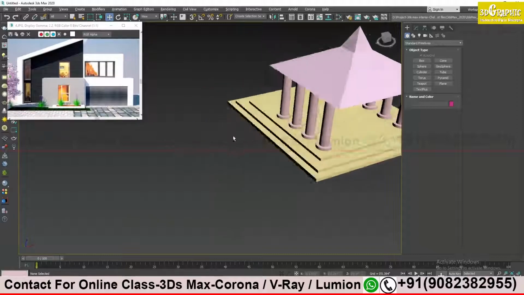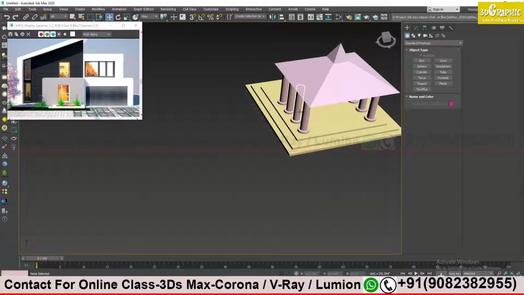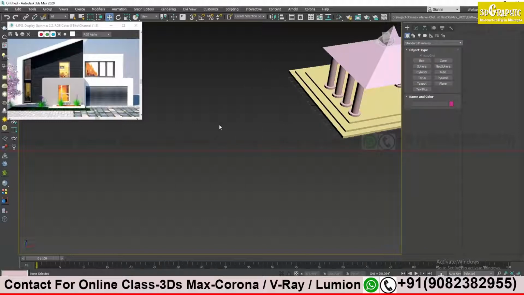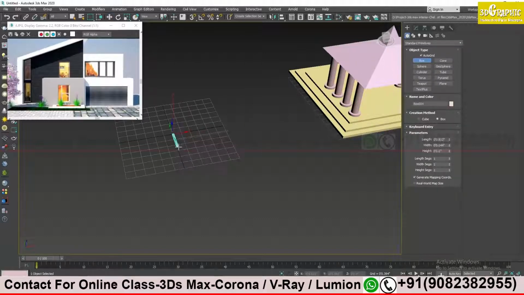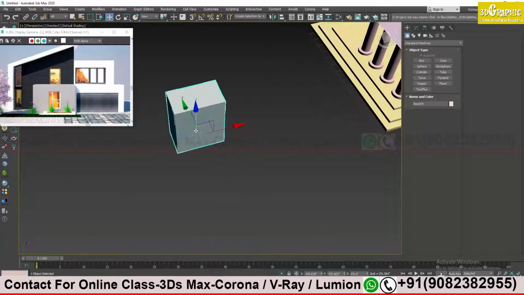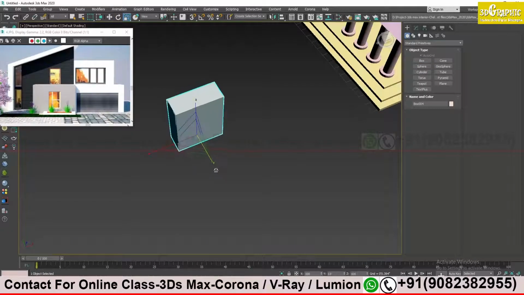Okay, fine. So toward my left side, I have created one model, and toward my right side there is an empty space. I will create this new reference image on this empty space. So the first thing you will see over here on my reference image, the front portion looks like a box, a simple rectangular box. So I can take a box, okay, press W and I will scale a bit to get the desired shape.